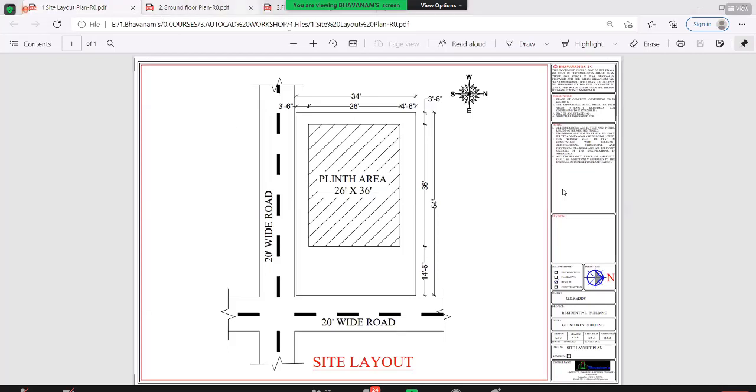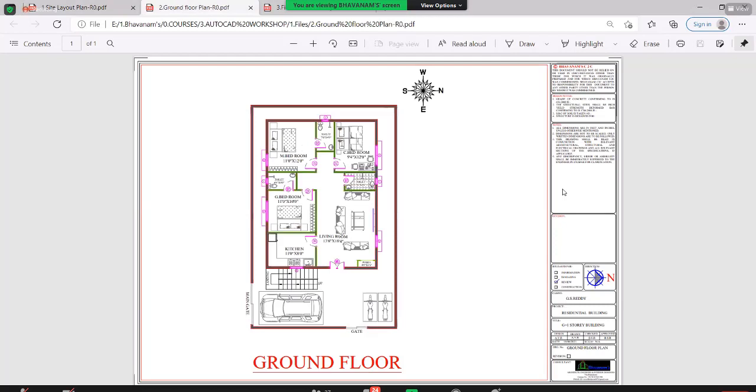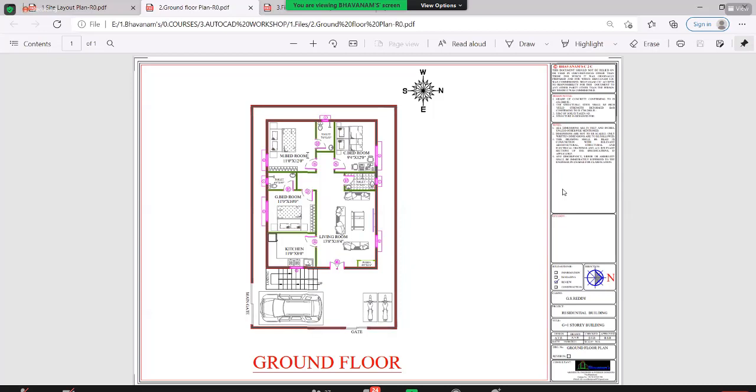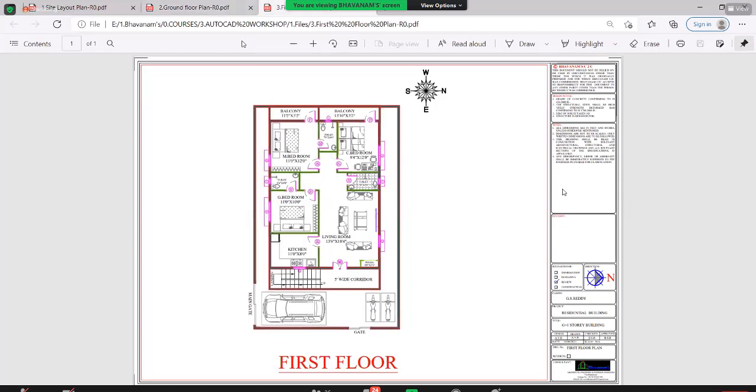See, if you go to the ground floor, in the ground floor we have 3 bedrooms, right? In these 3 bedrooms, whatever designs I just showed you, if you place that interior, how we can draw the interior design for this bedroom and this kitchen, all these things you will learn in the 3D course. And go to the first floor also, how we can do all these things, and for this plan only we are going to learn the 3ds Max course. In the elevation, how we can draw and how we can place some garden, all these things you will learn. And guys, we are going to tell you how much the price is actually.